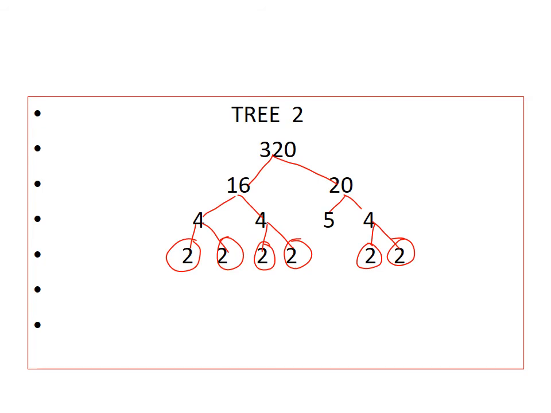We can write 320 as 16 multiplied by 20. Both are not prime numbers. 16 we can write as 4 4s are 16. And 4 further we can divide into two prime numbers. 2 2s are 4. 2 2s are 4. 20 we can divide into two numbers. 5 4s are 20. 4 we can divide into two numbers. 2 2s are 4. Factors are 2 2 2 2 5 2 2.